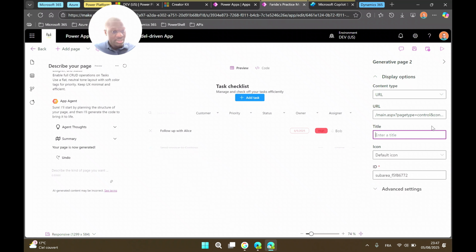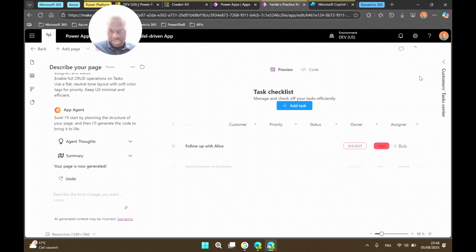We'll just call it customer task center. By default, you can also change the icon if you want. So just let me publish it, and we'll try to test the app.